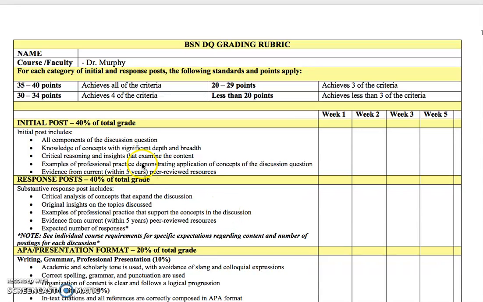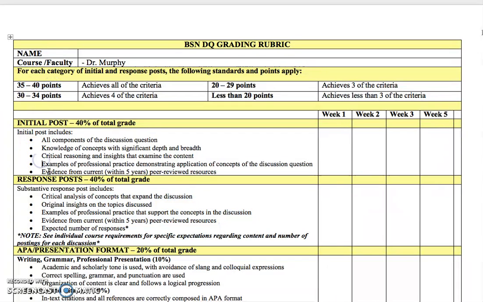I'm going to review how to use the discussion grading rubric and how you can better understand the point allocation. So you can see for the initial and response posts, they're both worth 40 points, and there are 5 bullet points associated with each post. So if you address each of those bullet points in your posts, you can earn up to 35 to 40